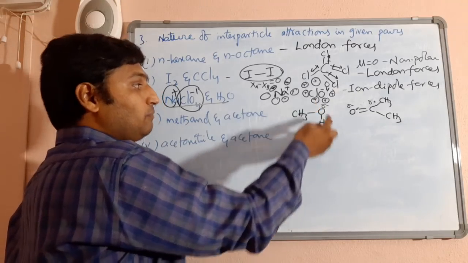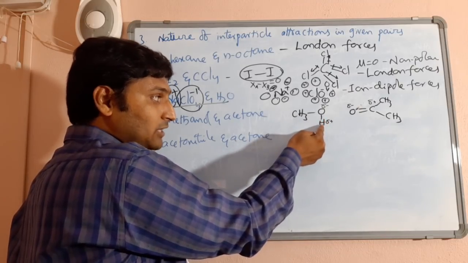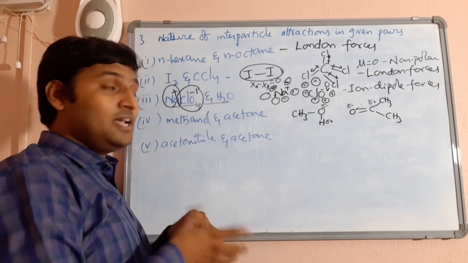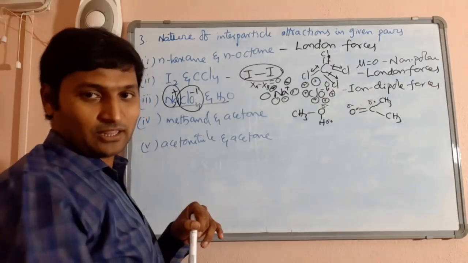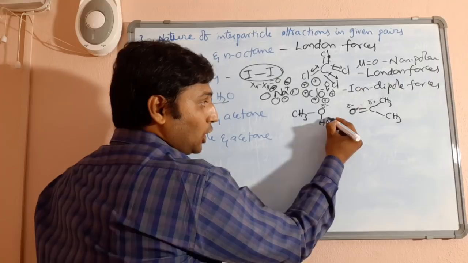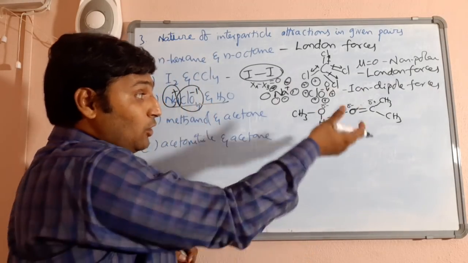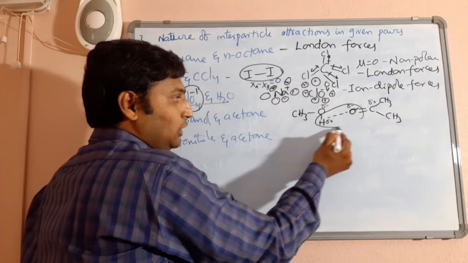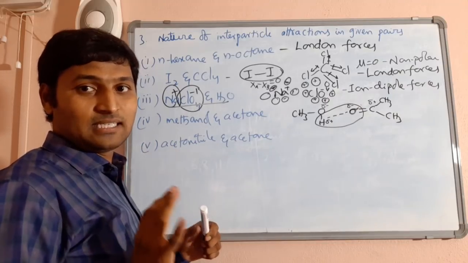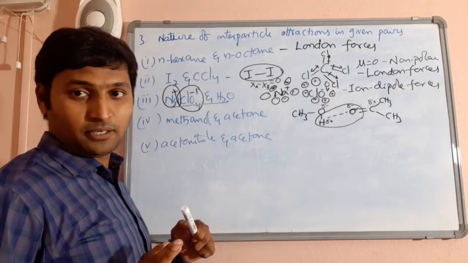Whereas in methanol, oxygen is attached to hydrogen, that's why the electropositive hydrogen of one methanol and the electronegative oxygen of another methanol will be attracted by intermolecular hydrogen bonds. Now when methanol is mixed with acetone, there is an electronegative oxygen of acetone in close vicinity to the electropositive hydrogen of methanol. That's why when they are mixed with each other, they may enter into intermolecular hydrogen bonding. Very good, very classic examples these are. Please remember them. It will help you in further understanding of this chapter.